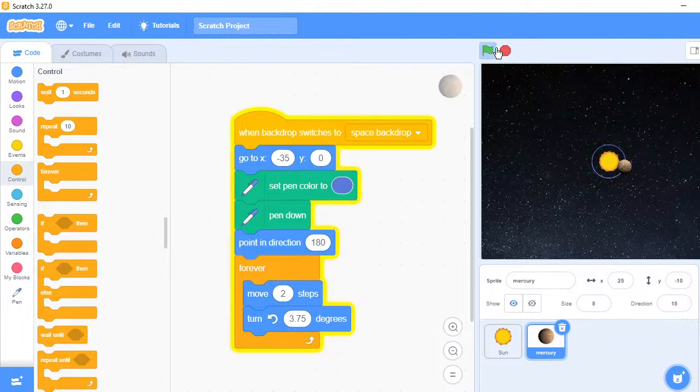You can see our Mercury is revolving and rotating also, 180 degrees, around the sun, and this blue line, blue circle is the orbit of Mercury. So anyone can easily find this is the orbit of Mercury. Similarly,